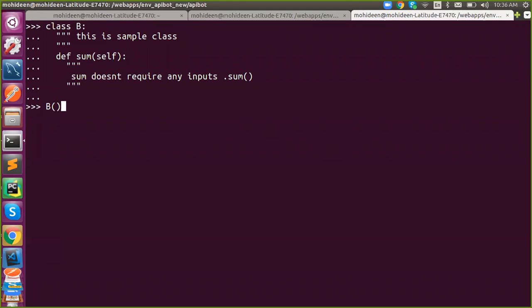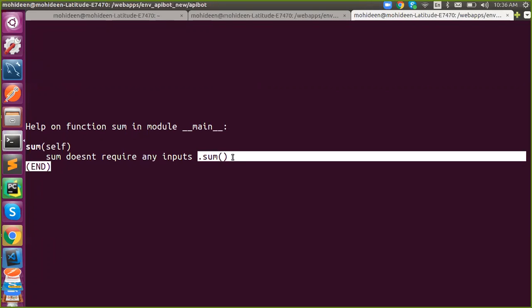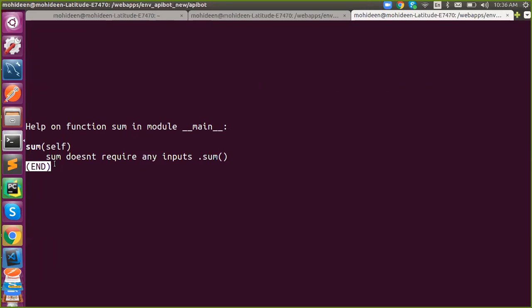Got it? So this is how we are actually calling it. And if I look in a help document, it will show you that you have to call it in this way. So here I don't find any code. That implementation was hidden. We won't be able to see the code, but we can see the documentation.